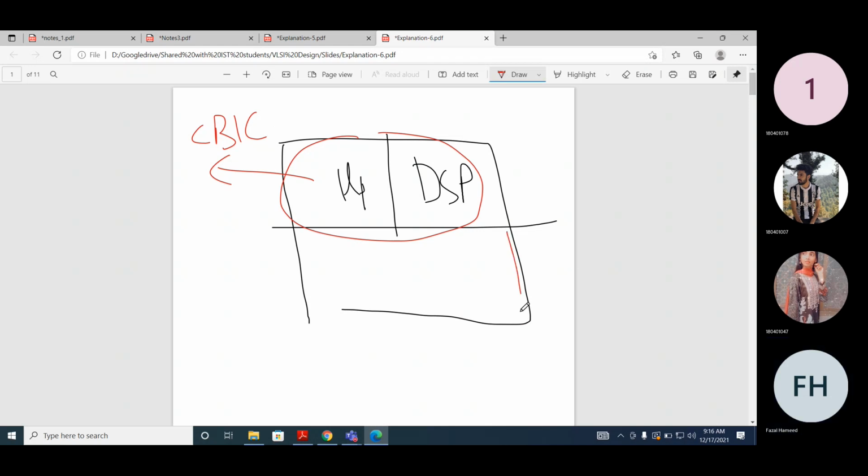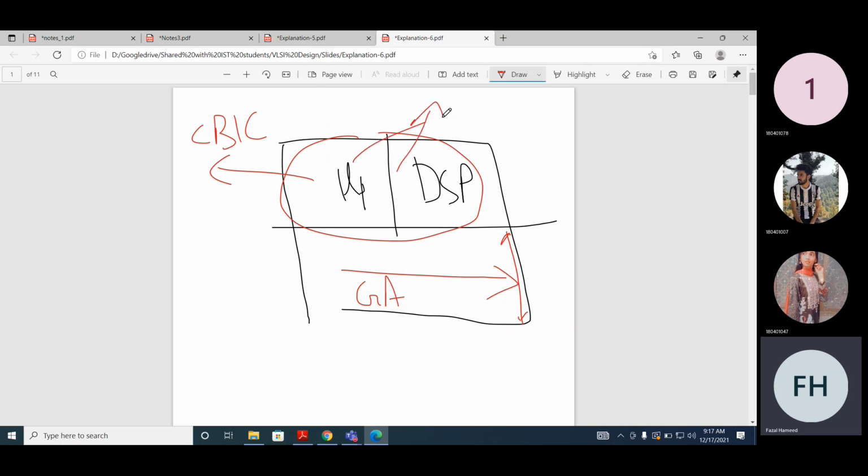And now this area is a gate array. In the gate array, you have a series of transistors. It can be a channel-less gate array or a channeled gate array. So it combines the benefit of what? CBIC and gate arrays. And you can prefabricate the custom blocks, which are already fabricated. And this microprocessor and DSP are designed using which technique? CBIC. And in these features, the spacing between different rows may be variable.